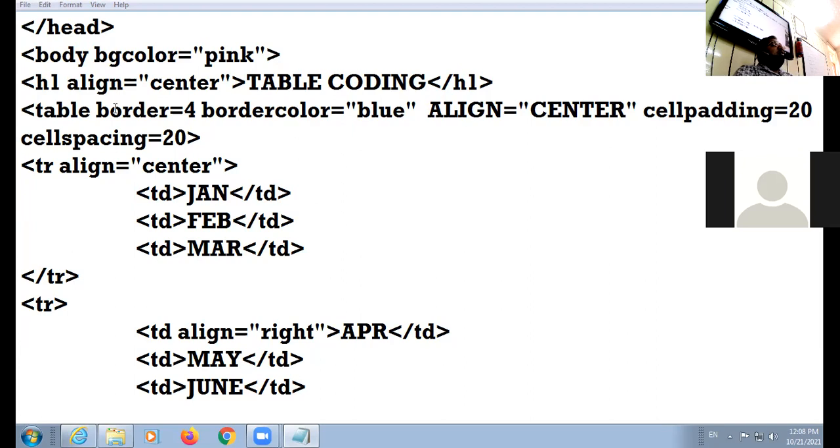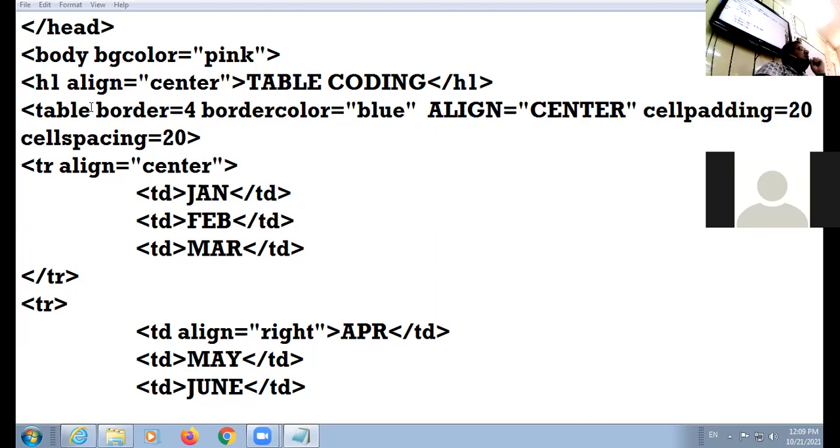Okay, one more concept you can study today. See here. I want to give yellow color as a background to my table. Okay, I have a question here. What is the background color of the body? Pink. And which attribute of body tag specifies the color in the background? BG color. Very right, BG color.